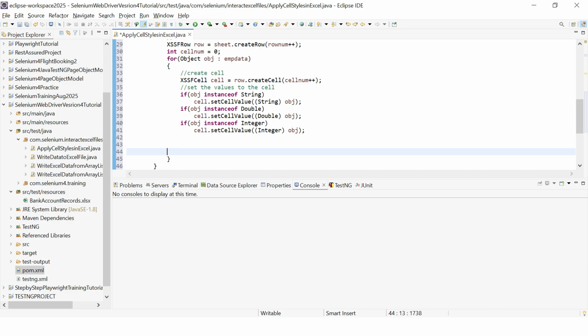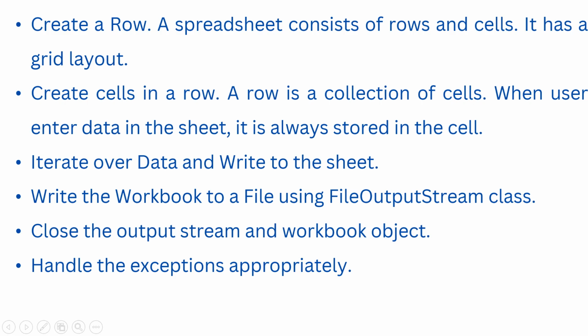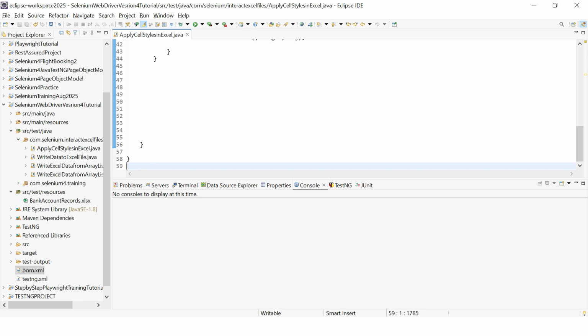Now I want to write the data, whatever we have written in the Excel sheet, sorry, workbook. I want to just store it in some Excel. Okay, so write the workbook to a file. Whatever is already written in the workbook, I want to write it to a file with the help of the FileOutputStream class. Definitely we cannot create the object without giving the File class reference in the FileOutputStream. Once it is done, we will close the output stream and the workbook object, and we can handle the exception appropriately. So what I will do here, outside this one,